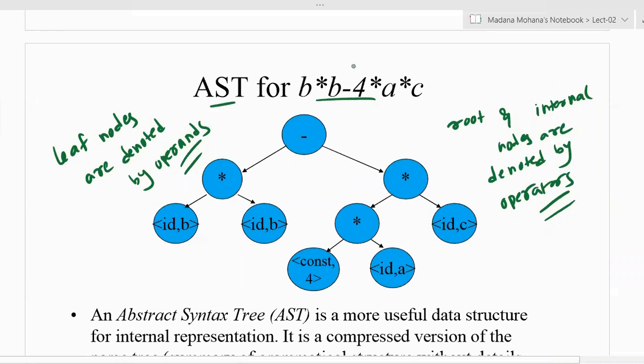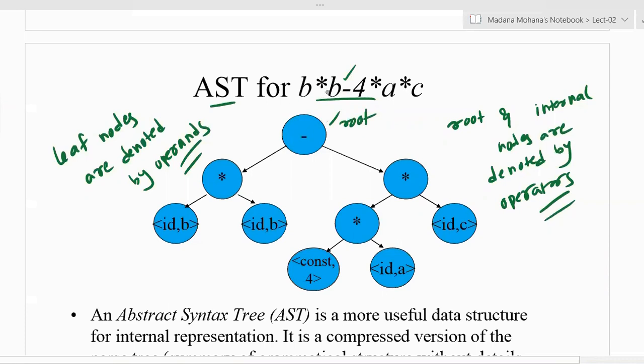So now here you can see this is in the form of B into B minus 4 into A into C. If you assume minus as the intermediate operator, then on the left hand side you can take B into B, and on the right hand side 4 into A into C. As for the precedence or hierarchy, we have to consider it. So now minus you can consider as the root. Then for that root, on the left hand side what do we have?